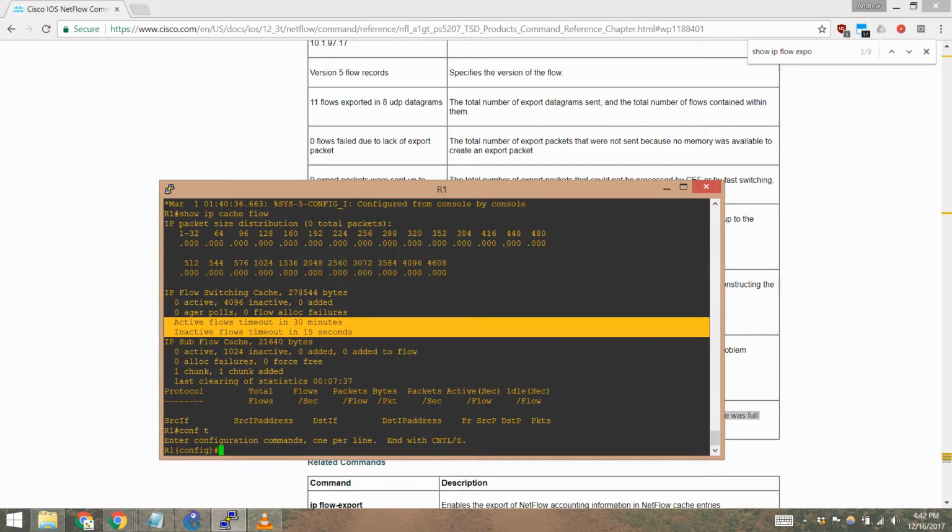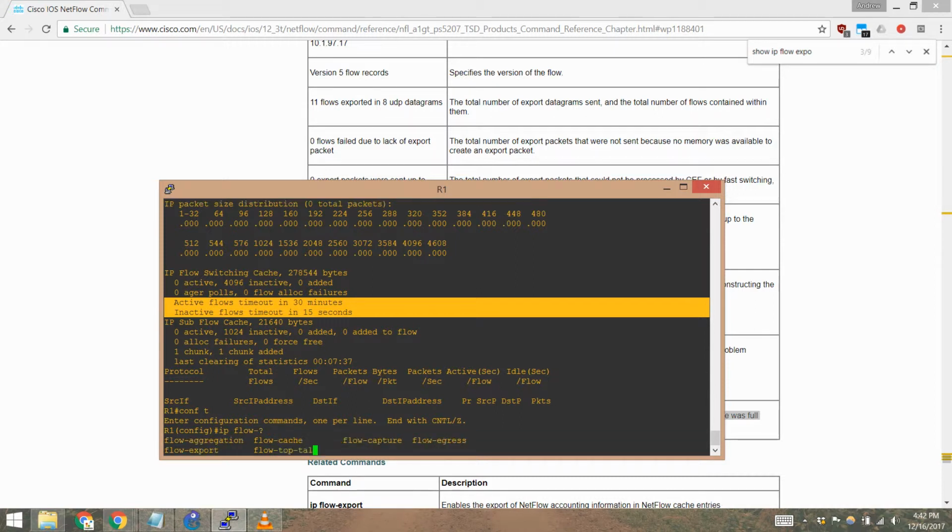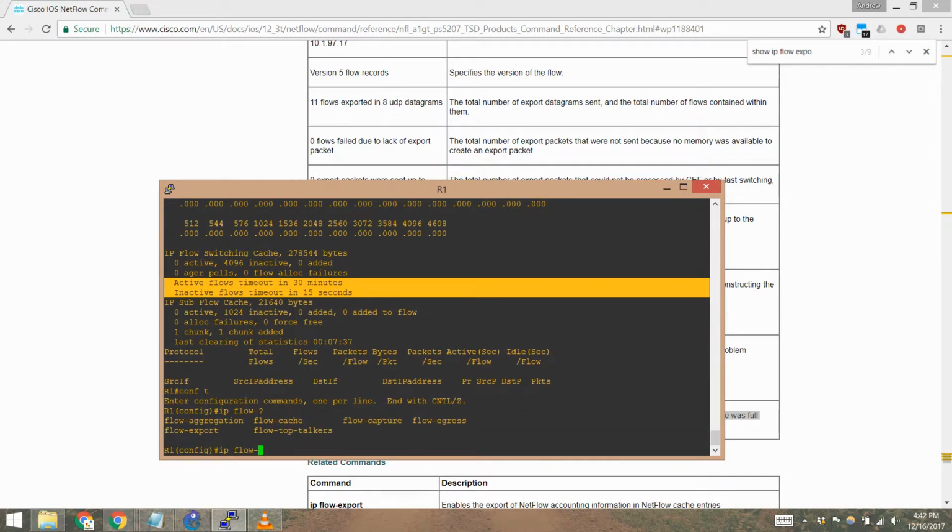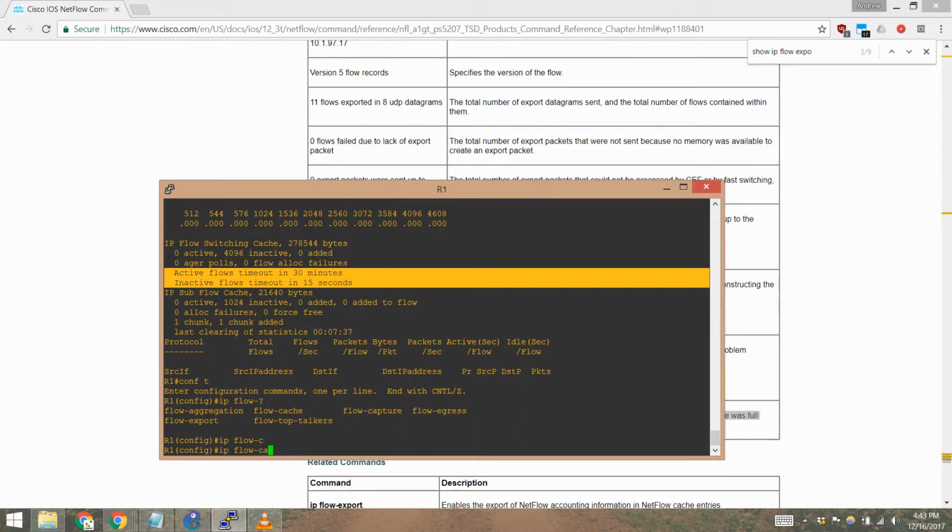I did that a little quickly. So the command to configure the flow timeouts is going to be IP flow dash. Let's look at these because there's a lot of different commands available. So there's flow egress, flow top talkers. There's that top talkers again. Flow export. We use that to configure our point to our export, our Netflow collector. So it's IP flow cache